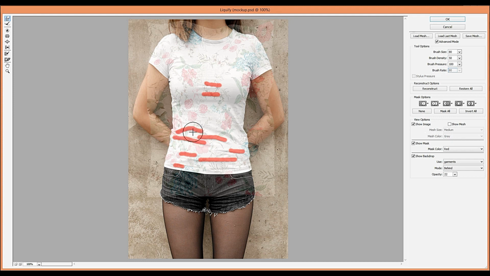For making folds, we can use this option. Again, we go to the eraser, and after completing this, we can erase. Now when you are satisfied with the liquify tool, please press the OK button.